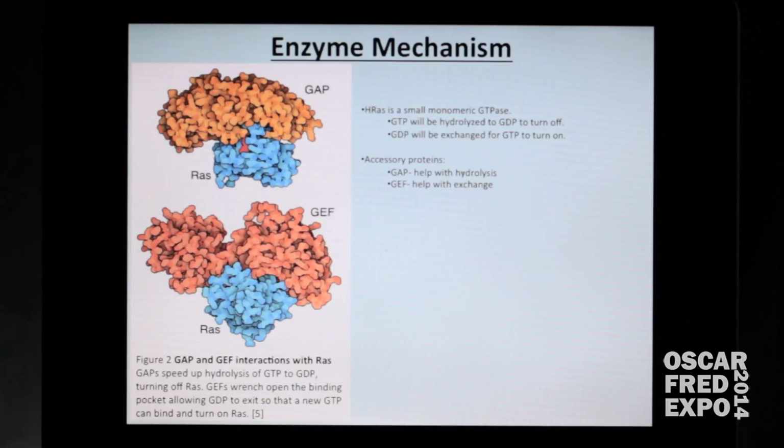This enzyme is a small monomeric GTPase, so GTP will be hydrolyzed to GDP to turn off the protein, and then GDP will be exchanged for GTP to turn it back on. When it's on, it will signal to the next protein in the pathway, and when it's off, it should not signal. Accessory proteins associated with this are GAPs and GEFs, and these increase the activity of the protein by several